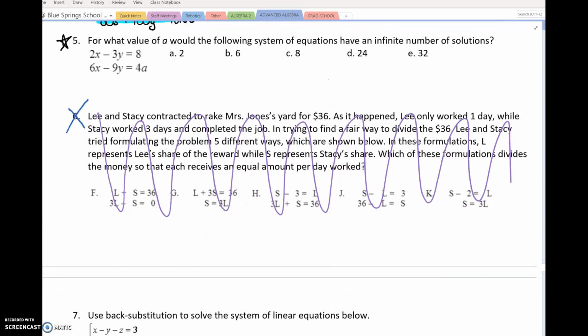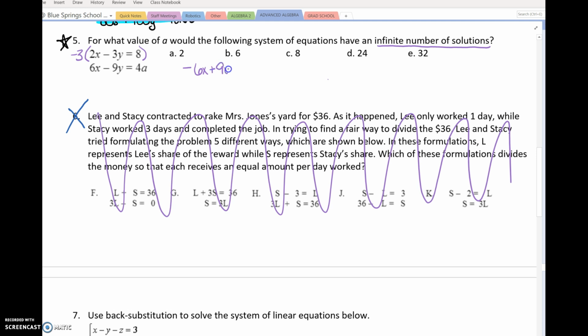For what value of A would the following system of equations have an infinite number of solutions? The first thing I'm going to do is just pretend that that A is not there. I'm going to act like I want to solve this system. So I see 2x and 6x. I would probably multiply the top by -3. That would give me